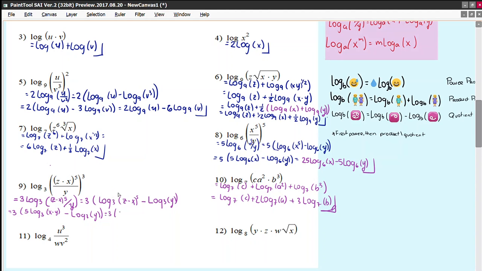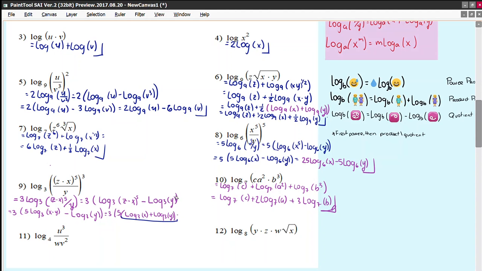Notice that this 5 is affecting this logarithm, so it's going to affect the expansion of said logarithm. So this is 5 times logarithm base 3 of x plus logarithm base 3 of z. I close this parenthesis because this 5 only affects this expansion